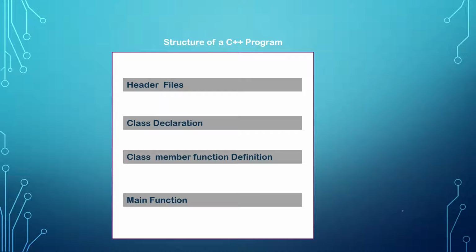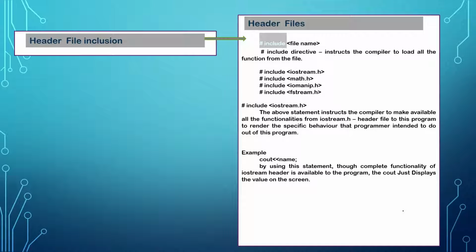A program means a sequence of instructions or a set of statements. These statements have to be written in some format or structure. Here this C++ program has been divided into four sections. First is the header file, next is the class declaration, then the member function definition of that class, and the main function. First and foremost, the line which you have to include in your C++ code is the header